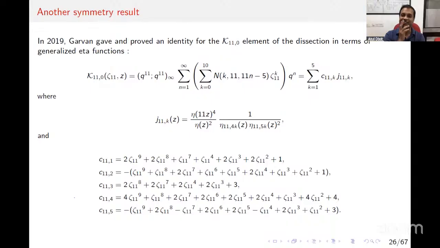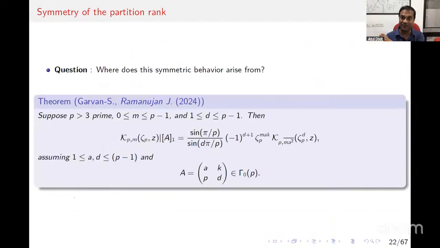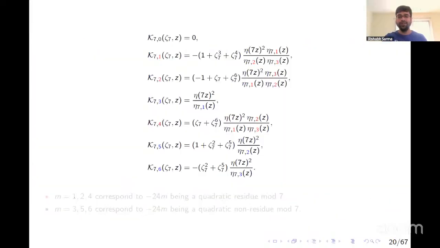My question is, are the results for 5, 7, and 11 somewhat better in terms of simplicity or elegance as compared to the other higher primes? Yes, obviously. Not just the ones like R4 equal to 0, even at the other values of R sub i for the higher primes. If you look at these identities for 7, these are the dissection elements for 1 to 6, and all of them are just one product on the right.